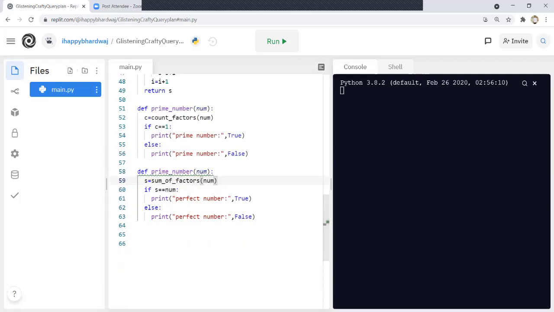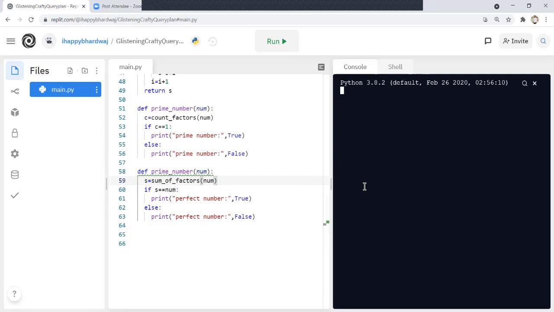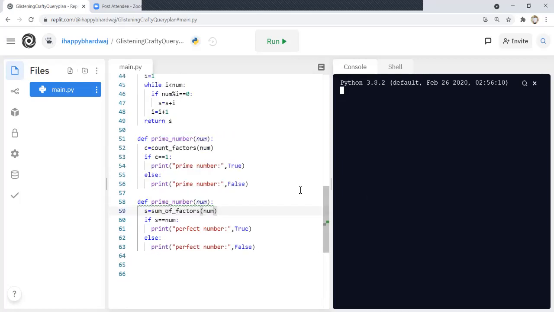Now what you can do, you can try by yourself. You can check all the numbers 1 till 100, all the prime numbers. Okay, and you can only print the true numbers, like only prime numbers. Similarly, you can try print. Okay, I need to change the name also here, perfect number. Okay, so you can check like if a number is a perfect number, like 1 till 1000, you can check all the numbers, like all the perfect numbers.